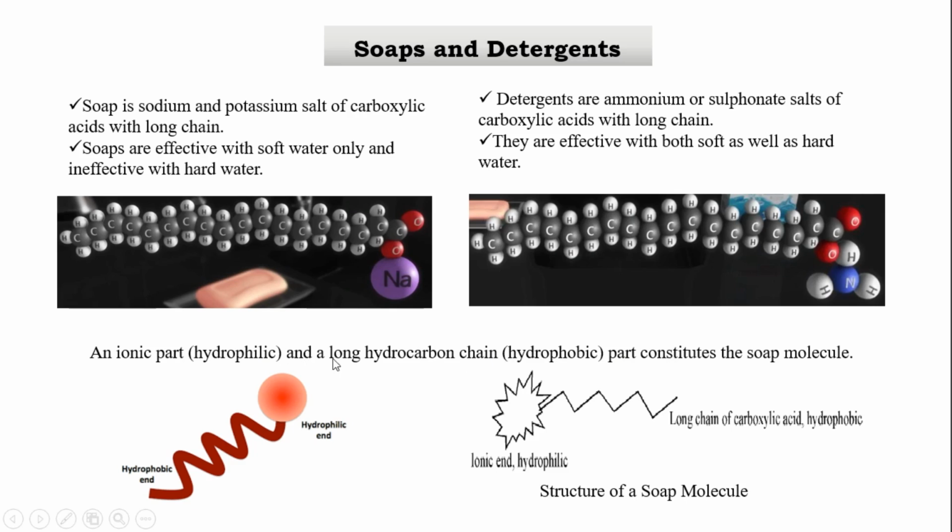These both parts constitute a soap molecule. This one dash means there is a carbon atom at each corner. So this is the general notation of a soap molecule. This is the general structure of a soap molecule. This is the same part as this. So here is the ionic end, which is hydrophilic, and here is the long chain of carboxylic acid, or hydrophobic